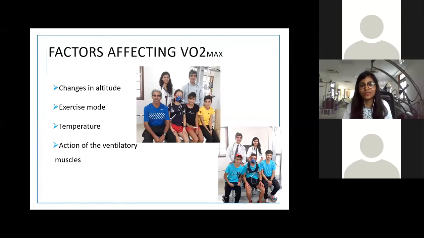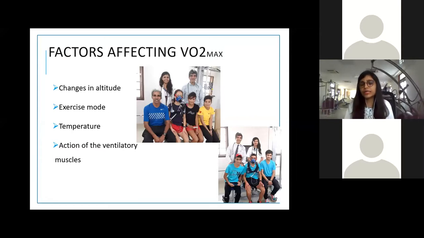they are very competitive runners, and these people had values of VO2 max above 70, which is very commendable, and it may reach world class levels if they train even more and well. Exercise mode and temperature are also factors which affect VO2 max. Non-weight bearing exercises have lower VO2 max values, weight bearing exercises have higher values.